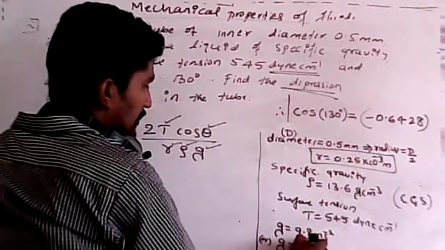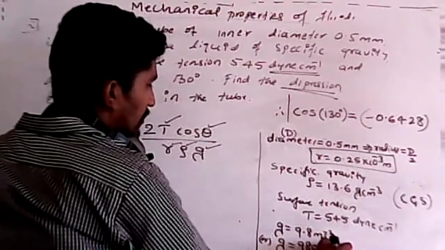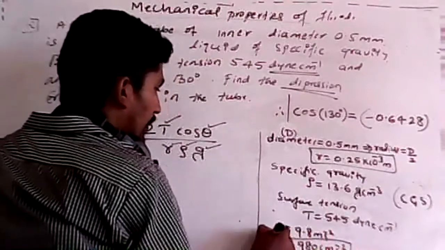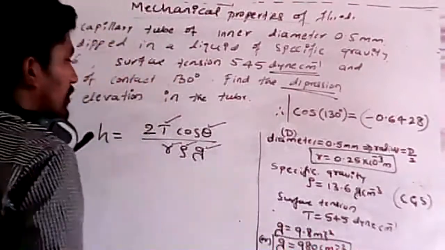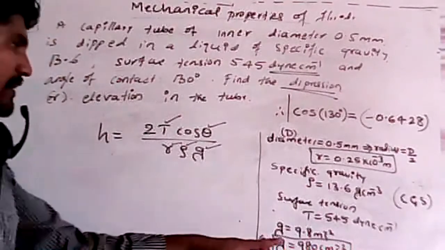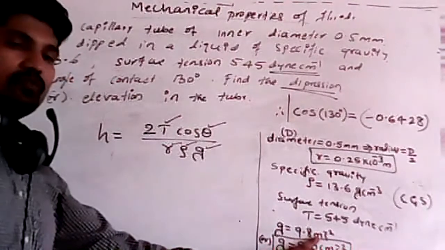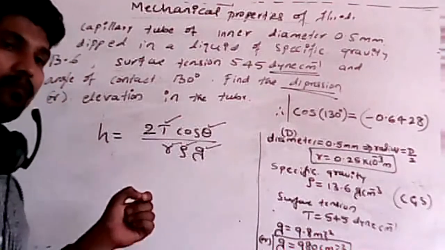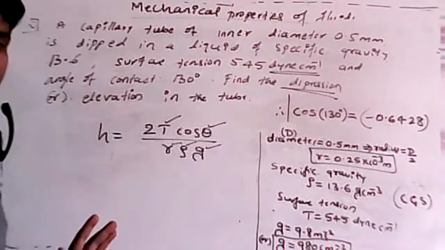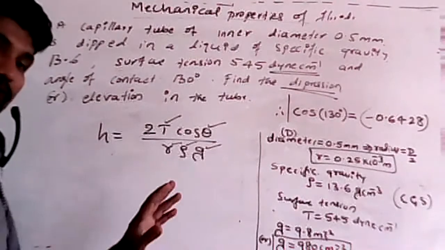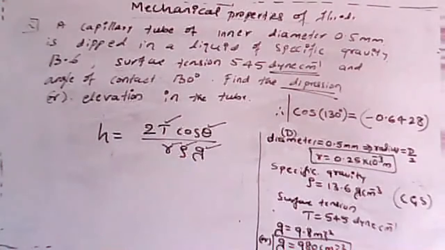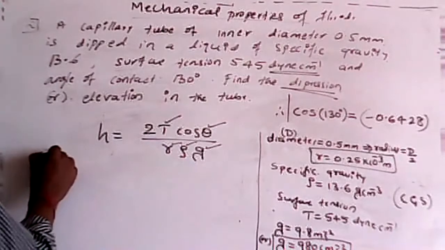So that's why 980 centimeter per second square. This is our required value. Why? Because I want it in terms of centimeter, not in meter. Don't write in meter. So this is in terms of meter. That's why I told students, you must be careful about units. If you neglect the units, you will get another answer for this. Now you just tell me what is your answer.